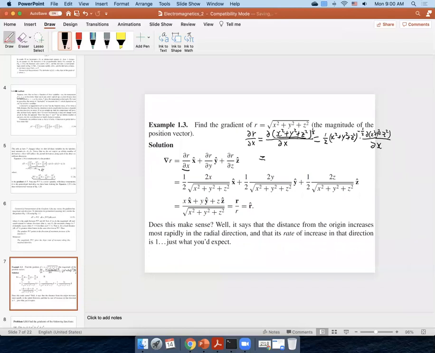And then let's write it down here. So 1/2 times this long term to the power of negative 1/2, which means the square root of x squared plus y squared plus z squared, times the partial of this term with respect to x, which should be 2x,